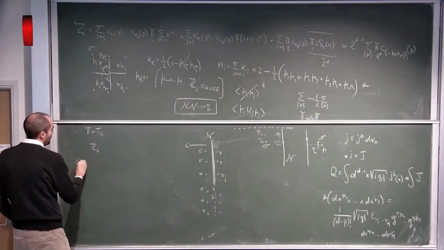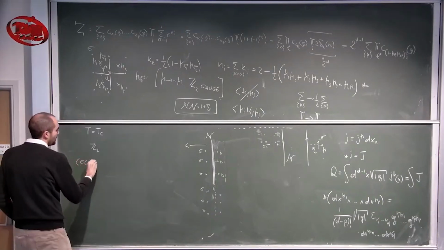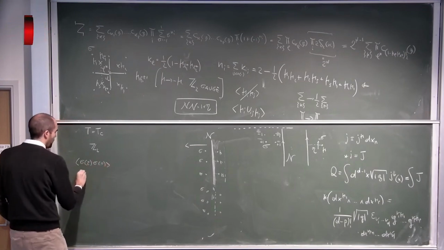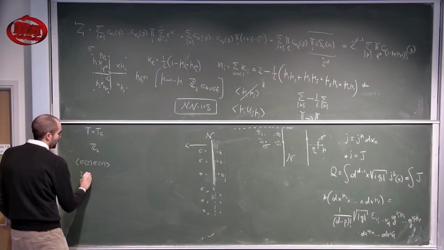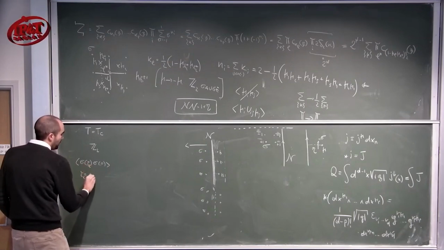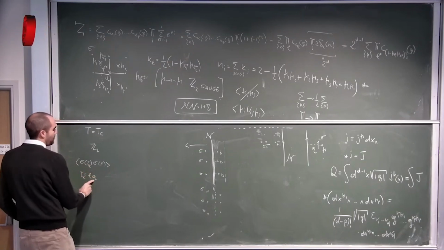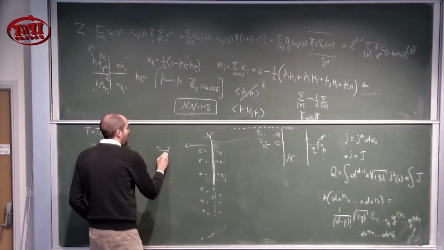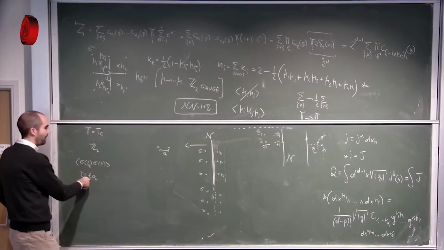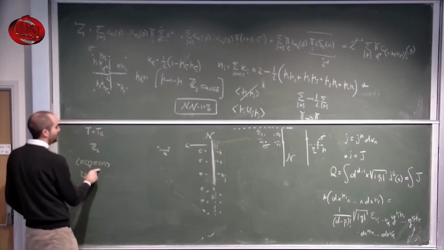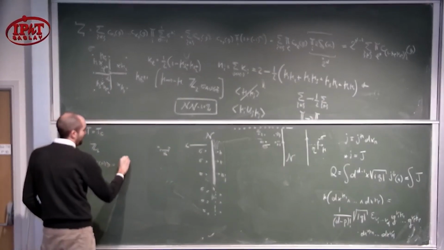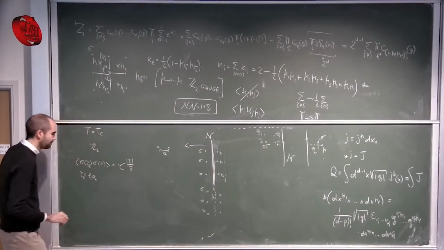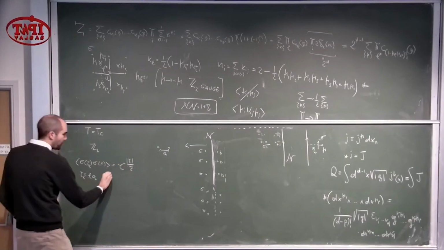If you write down correlation functions between spins, let me write them in a way that reminds us of the continuum, where this tau is just some integer number times the lattice spacing. Let's say that my lattice spacing is A and L is an integer. I can suggestively write down correlation functions as e to the minus tau over some correlation distance. And as we approach the critical point,